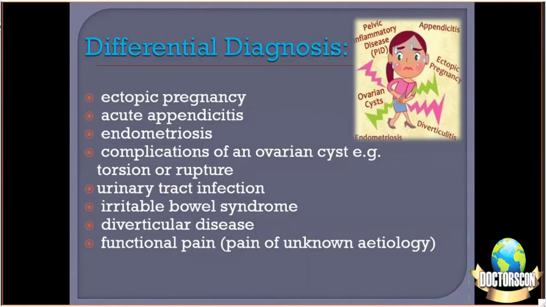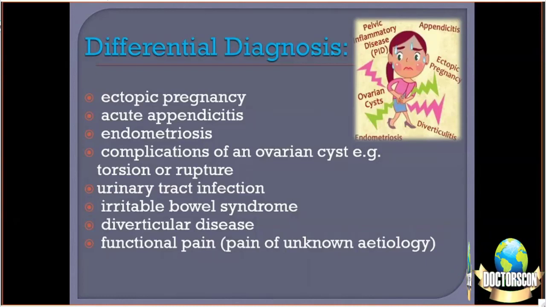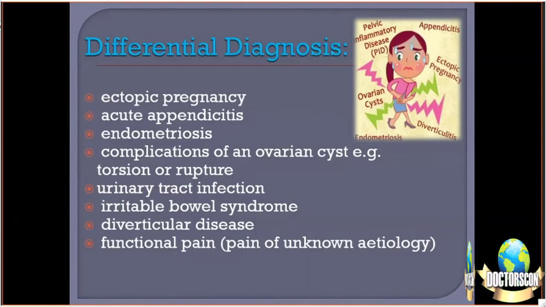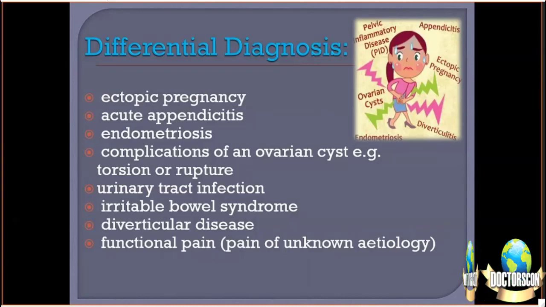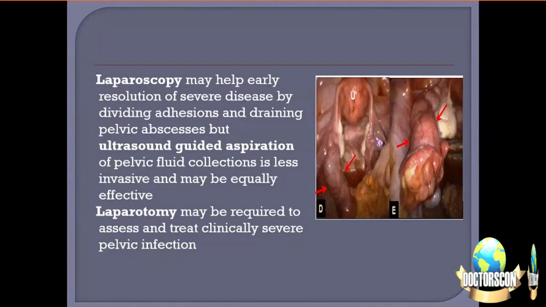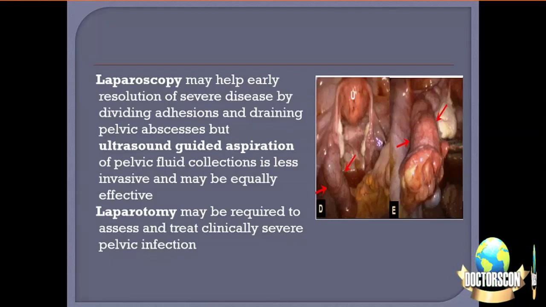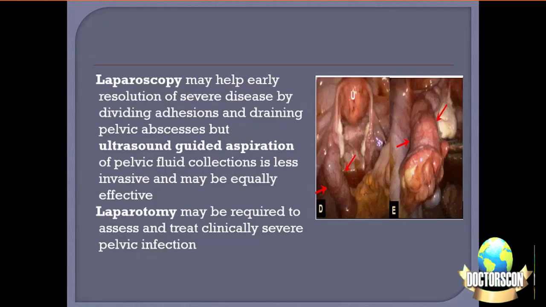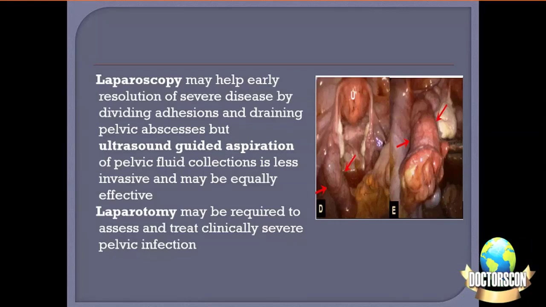Laparotomy may be considered for those who have clinically severe disease with pelvic abscesses or pelvic tubo-ovarian abscesses, and they are not responding to antibiotics alone. They have to be managed sometimes in collaboration with general surgeons, because there may be an extension of infection to involve other pelvic organs, for example, the appendix, or maybe there may be an extension to involve the gut.